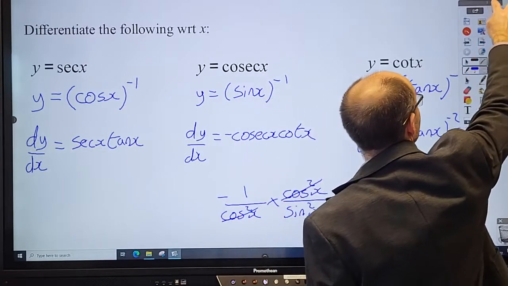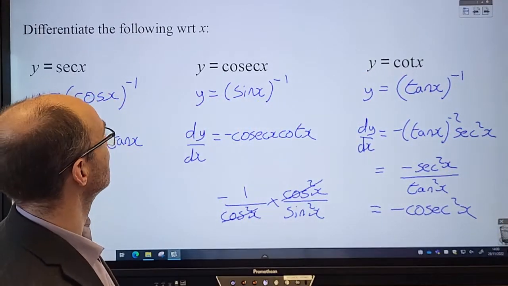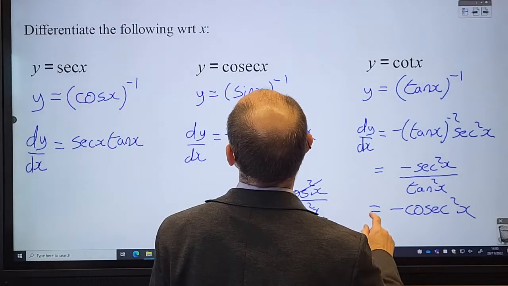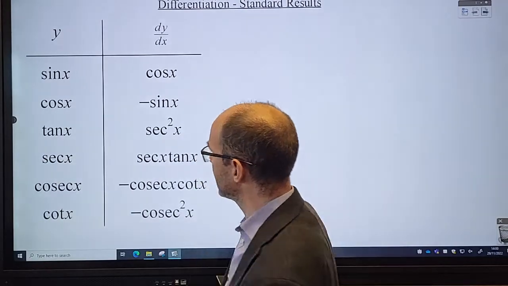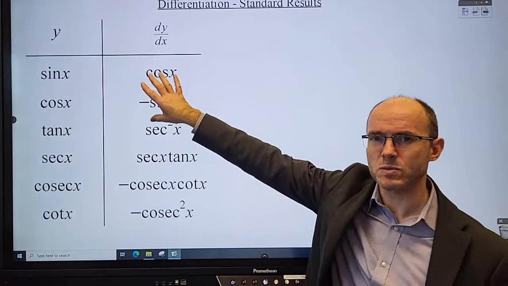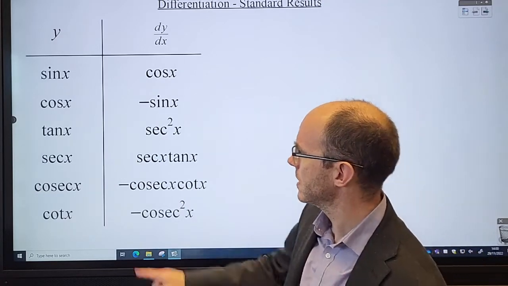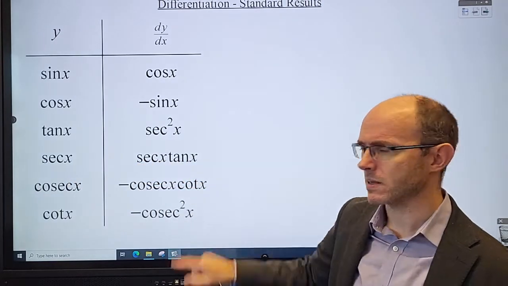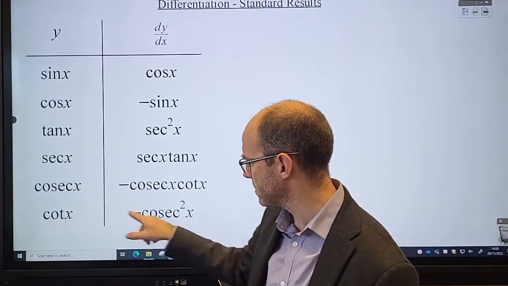All right, just remove that. Okay? So I'm hoping that you followed that nicely. In summary, let me just show you here what the results are. Here, of course, with these which I've used already, but you need to know these 6 trigonometric results. So there you go, sec x becomes sec x tan x, differentiate cosec x, negative cosec x cot x, differentiate cot x, negative cosec